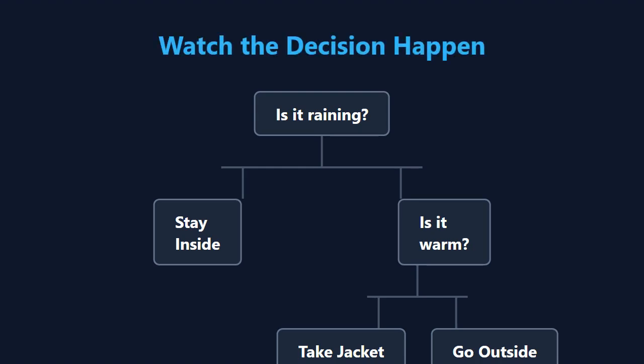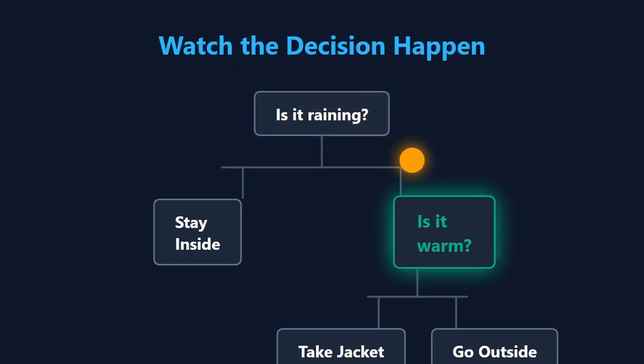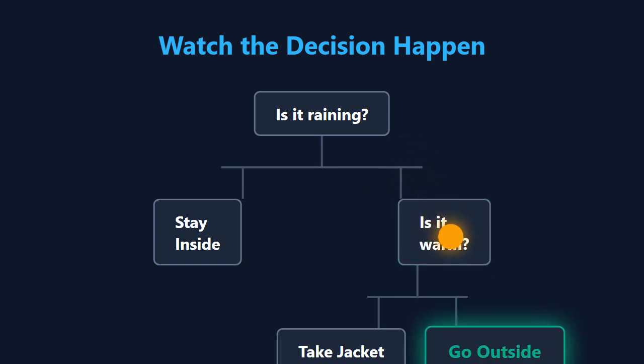Let's follow our new bird one final time. The bird enters the root. The first question is asked. Its answer determines the branch. The second question appears. Another branch is selected. Eventually, the bird reaches a leaf. And the leaf gives us the prediction. That's the entire idea. A complicated prediction can be represented as a sequence of simple decisions.